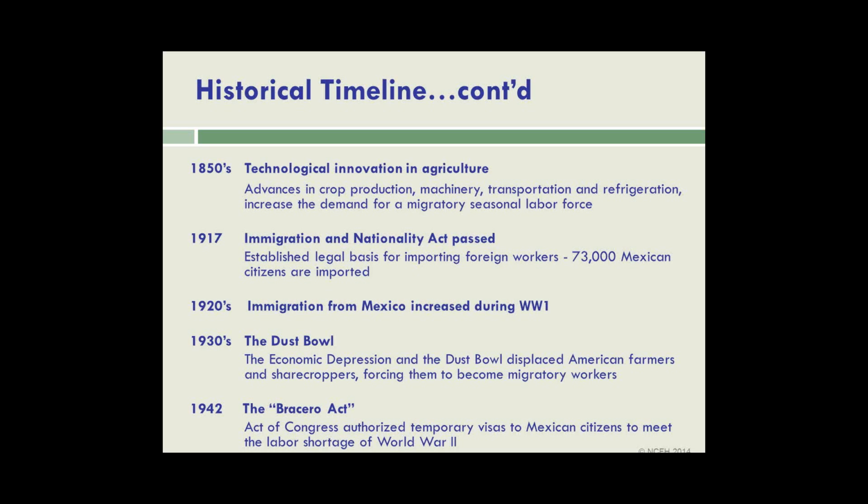The presence of migrant farm workers continued as a result of the Second World War. The war demanded that males be sent to fight in the war, leaving their jobs behind, including those held in the agricultural industry. This resulted in a lack of an agricultural workforce to support this industry. The lack of this workforce motivated U.S. Congress to develop an agreement between the U.S. and Mexico to import Mexican men to work in the U.S. fields. This agreement was named the Bracero Program, and it was signed in August of 1942 and ended in December